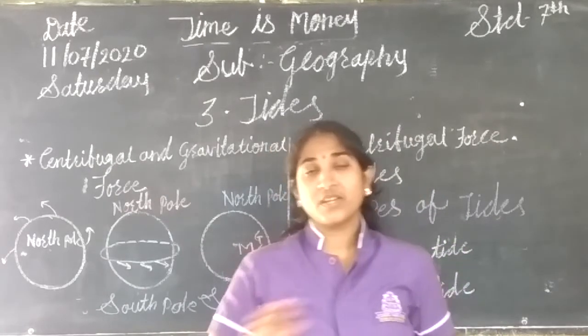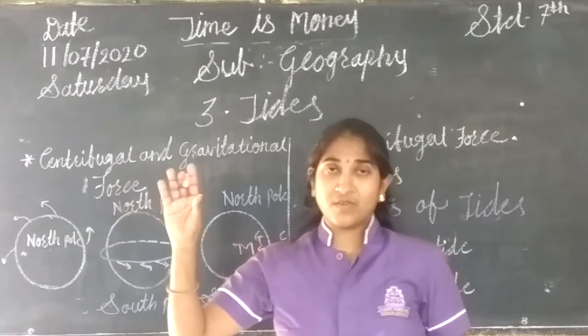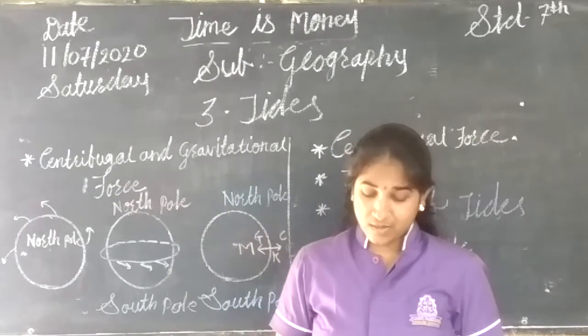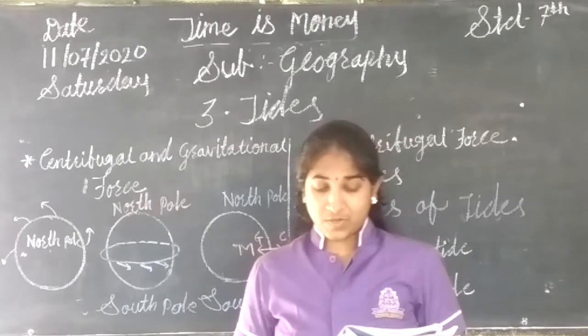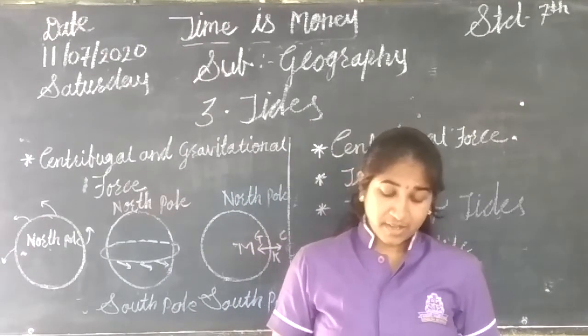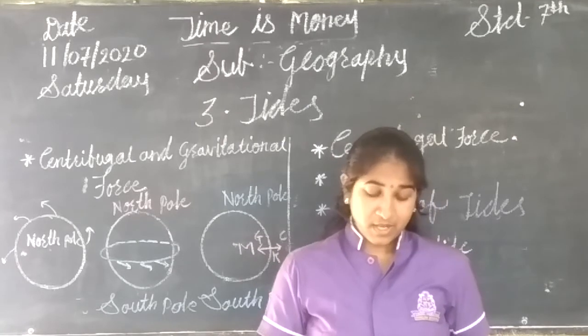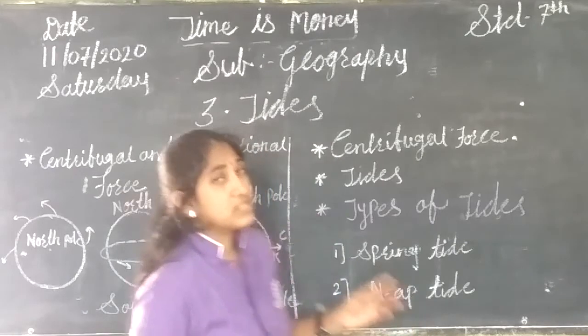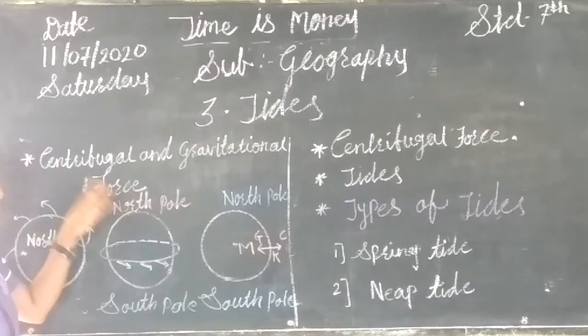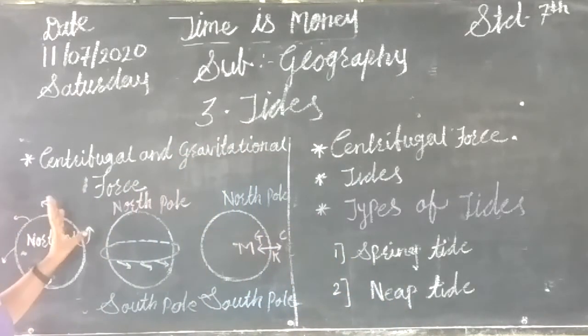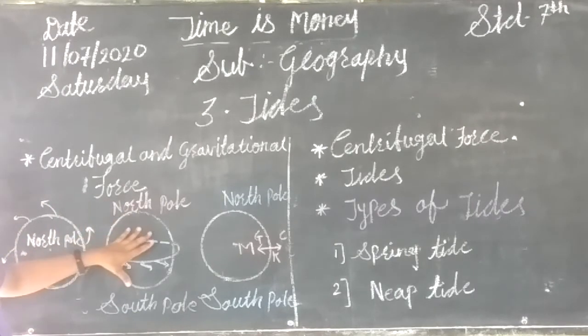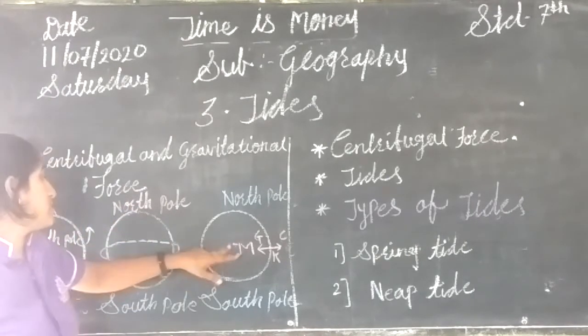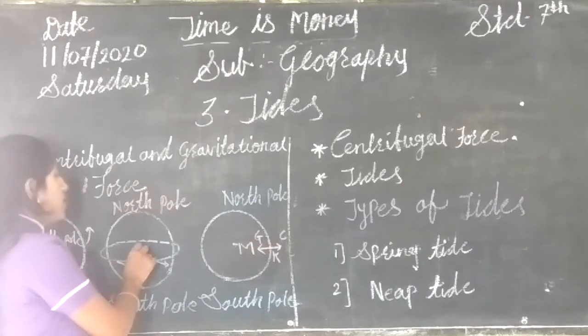It cannot be moved or go away from the center of the earth or from the surface of the earth. Then see in figure 3.5, centrifugal force and gravitational force are given. Can you see there is a north pole given, and how it is reacting due to the revolution? See, the north pole is given and you can see the center also there.